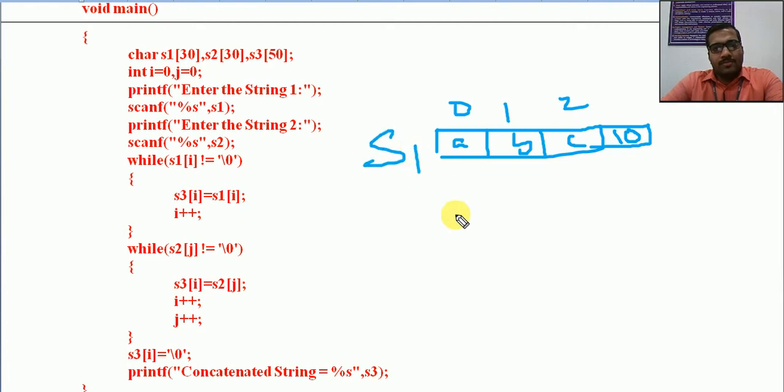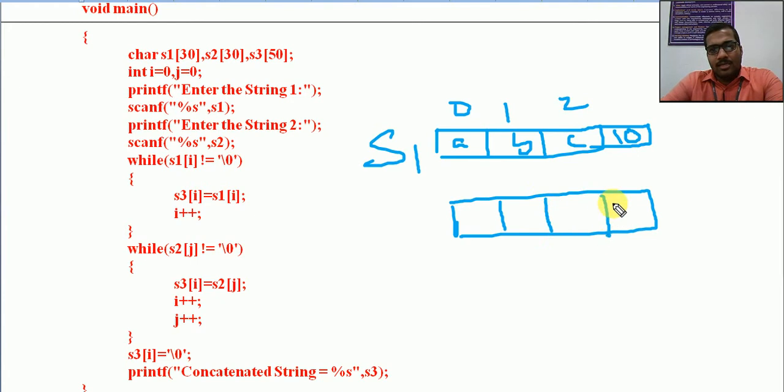Now similarly we will modify the program to be S1 or S2, we will see that. Then the second string is like X, Y, Z, and this is called S2. Now let us see the program. These are two strings, both are having the same length, that is 3, indices 0, 1, 2, 0, 1, 2.